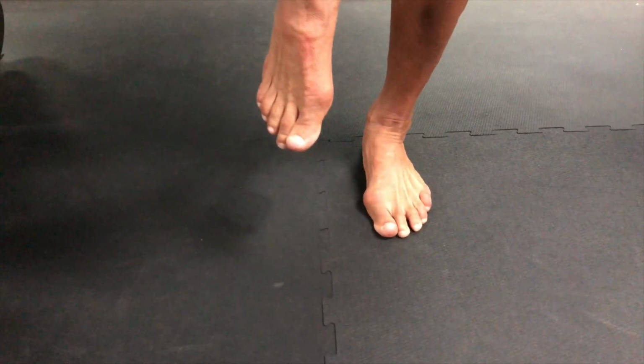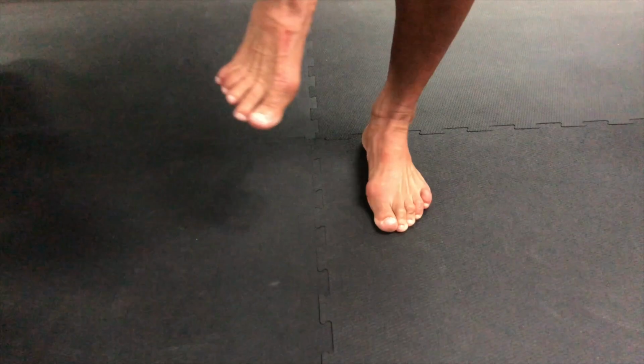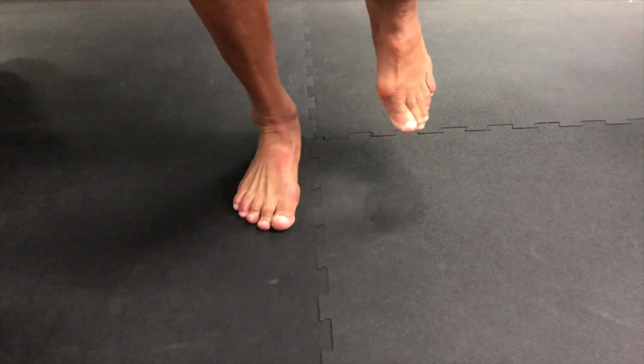And I encourage every single one of you to try it. If you're watching this video right now, please stand up and lift your right foot off the floor and pay attention to the movement that the weight-bearing foot is doing. If it moves inwards or out, you're going to want to compare that movement with the other side. If there's an opposition in both feet, meaning if one pronates and the other supinates,